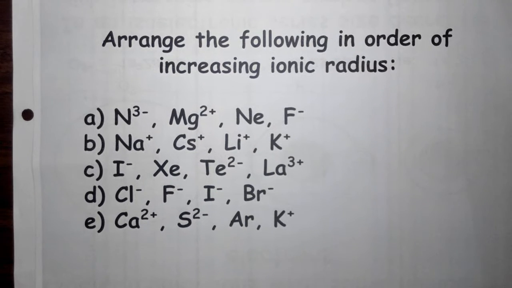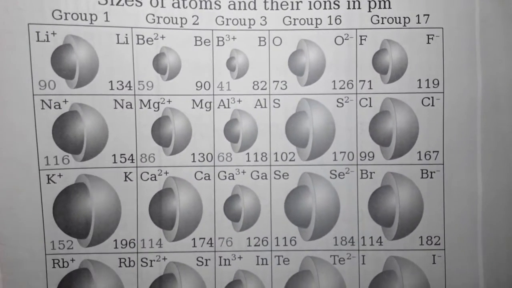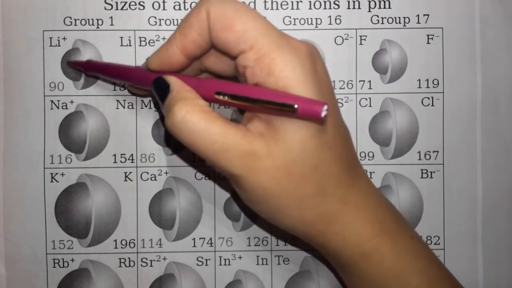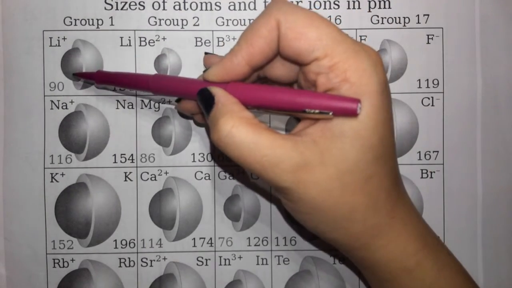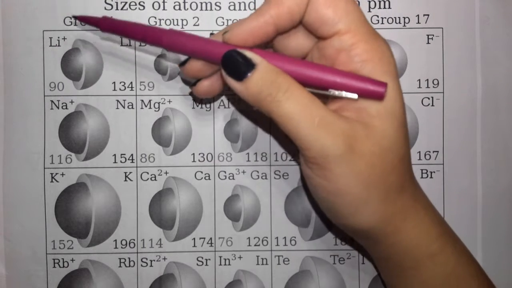Alright, so we've been talking about ionic radius and how ions form in an ionic compound, and how those varying sizes depend on the electrons involved, the nuclear charge, and also how many energy shells there are. So just as a reminder, when we are looking at any of our cations, and it's always going to be this darker shade right here, when cations form like lithium, it loses electrons, or it's transferring those